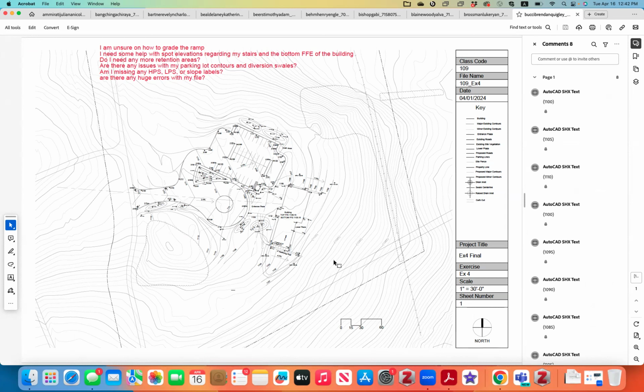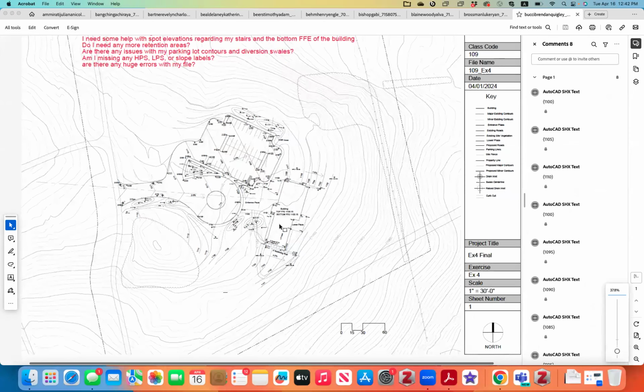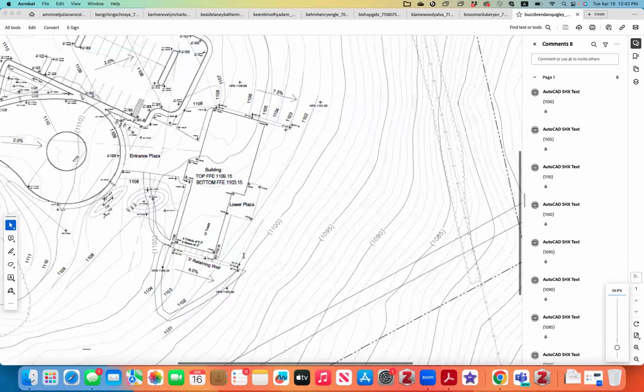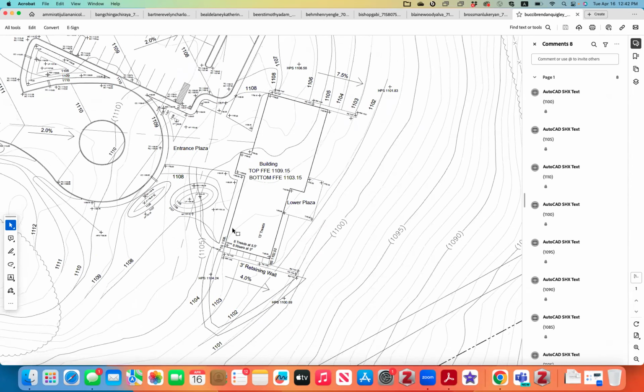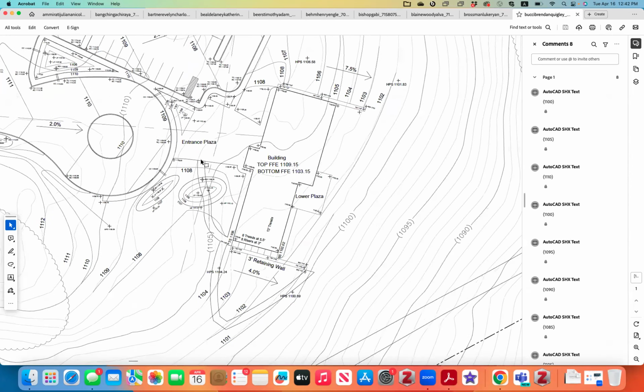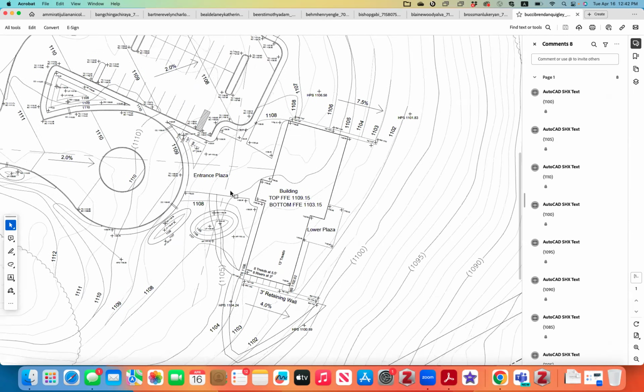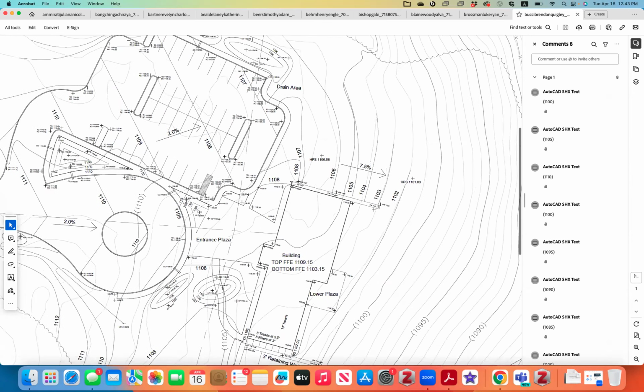Okay. So let's look at the ramp first. You had two parts of a ramp, right? You started from here, and then come down all the way to the bottom of the ramp. Well, again, in order to see if the ramp is done correctly, you need to look at the top FFE and the bottom FFE, right? So your 08 is